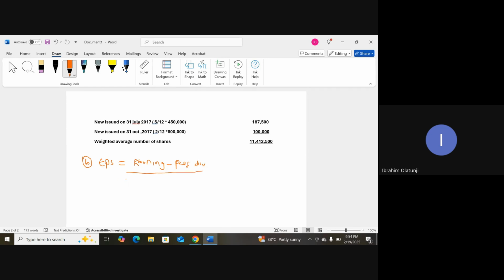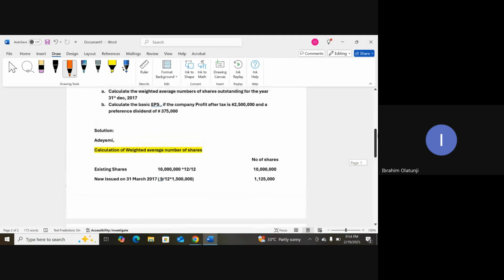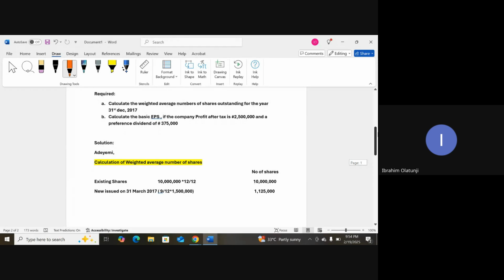So if the examiner is giving you preference dividend, then all over the number of ordinary shares. But this one will now be the weighted average number of shares. Are we there? Yeah. So we can now move on and say what is our earnings from the question. The earnings, which is the profit after tax, it is